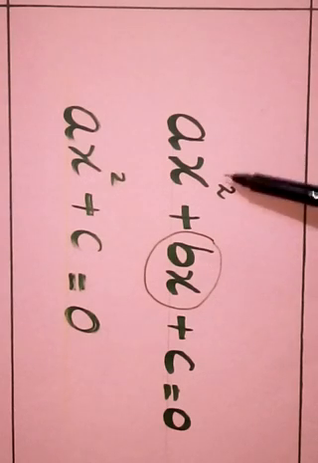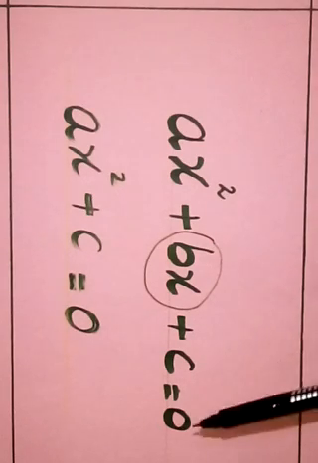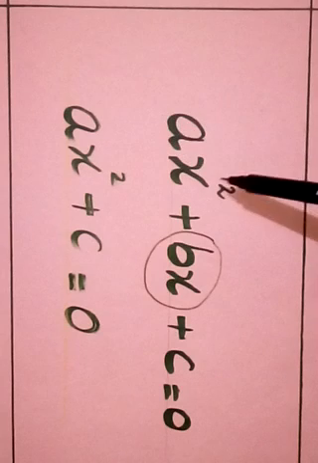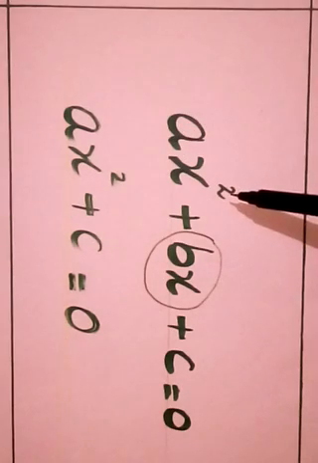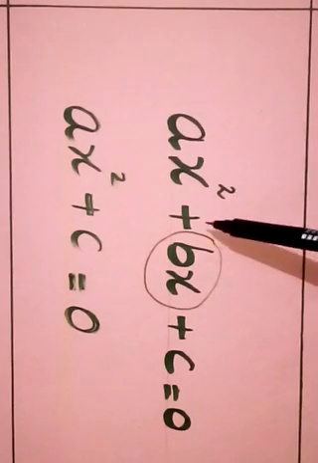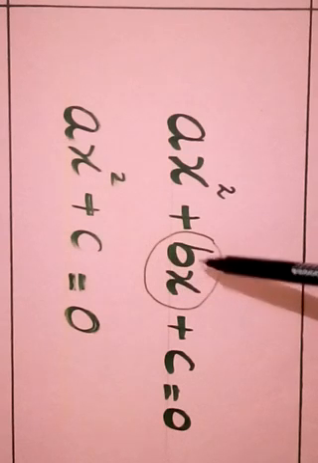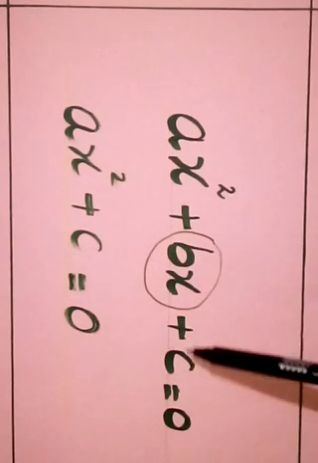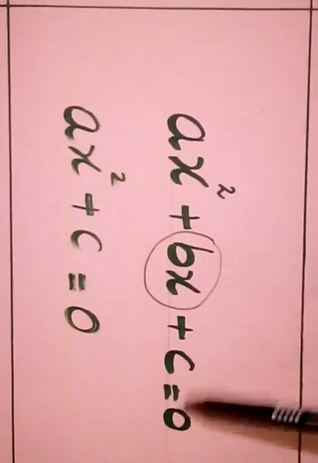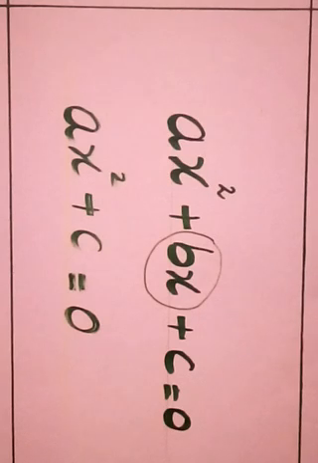Quadratic equation: ax square plus bx plus c equals 0. The first term has power 2, like the variable x raised to power 2, plus the second term is bx, where b is the coefficient and x is a variable, plus c is a constant term, equals 0. That is the standard form of a quadratic equation, and we have converted this question into this form.